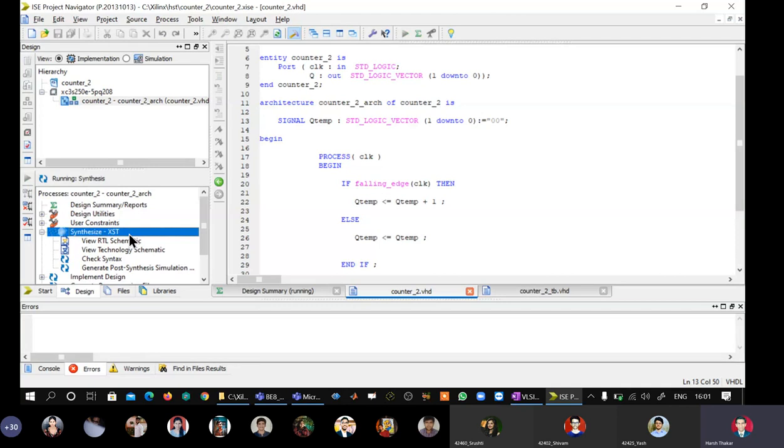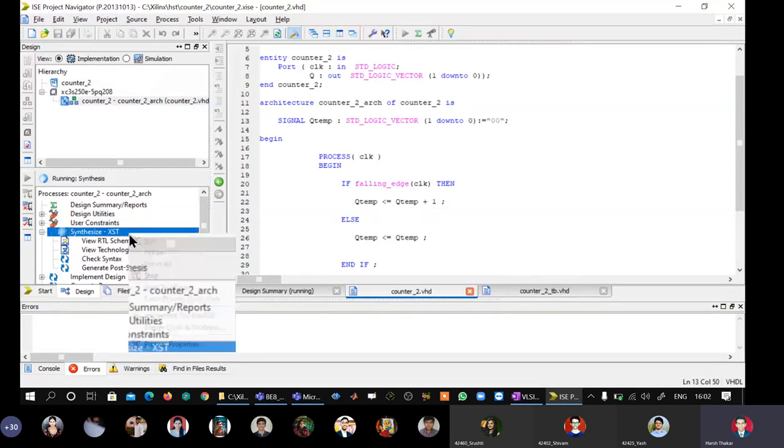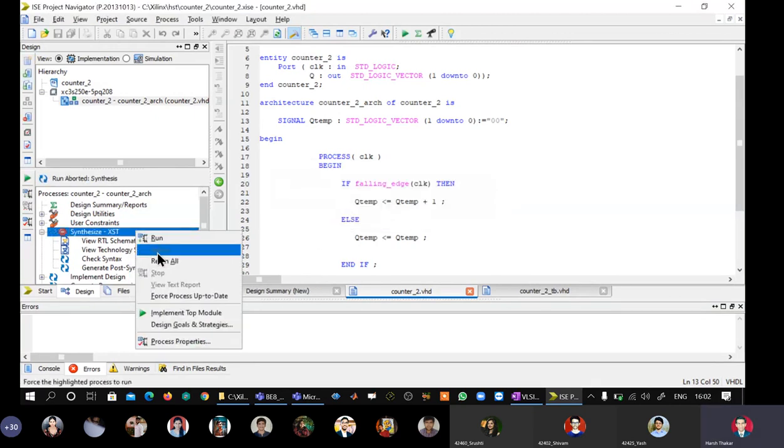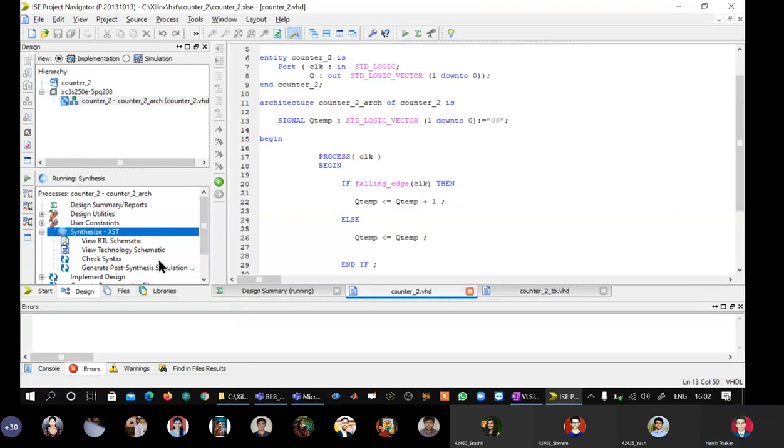So we have already seen what the simulation waveform was when QTemp was not initialized to anything. It was giving uninitialized and strong unknown values at the output. And we hope to resolve this error by initializing the temporary or dummy signal to 0, 0. It should not take so much time. I'll have to abort the process by saying stop. Okay. I will right click and say rerun all. You see, if it takes longer than expected, you can abort the process and do it again. Okay. So no issues.